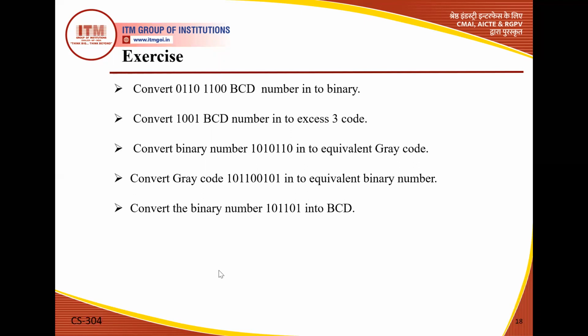In this lecture, we discussed the non-weighted codes, especially gray code and excess-3 code. The conversion of binary to gray and gray to binary is very, very important. How these formulas come, and how the circuit arrangement of XOR gates converts binary to gray and gray to binary, from where the circuit comes out, will be discussed in the upcoming lectures, because with the help of K-map designing, we find out this circuit. So here we covered the non-weighted codes, which are also important in the designing process.